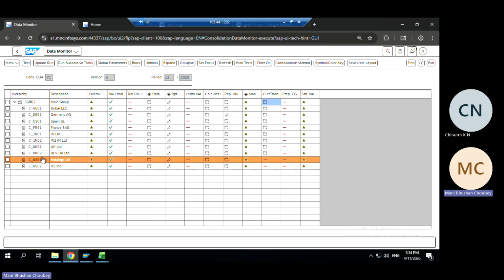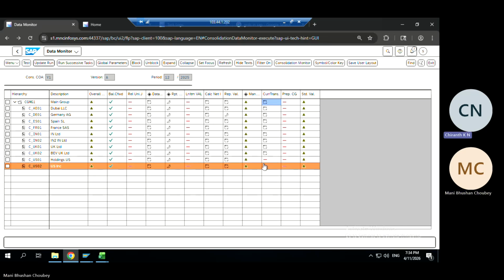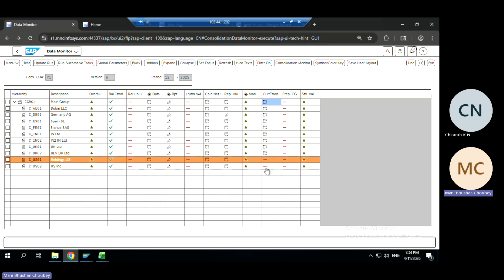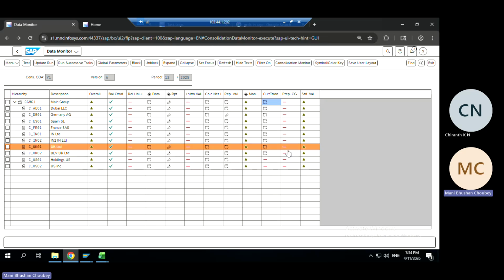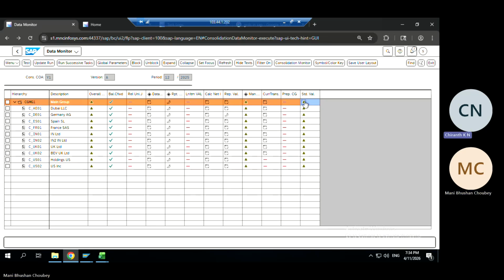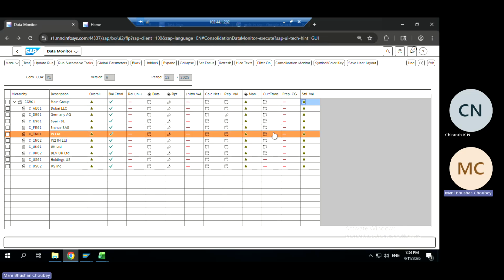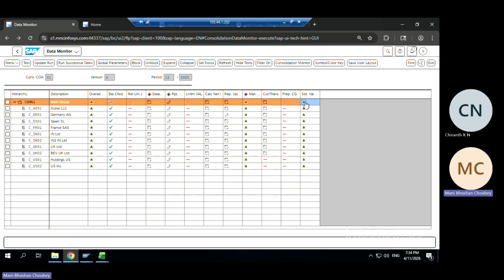These two companies are in the US. So see here, no currency translation happened. It's not needed actually. This sign means not needed. Now we have the translated data in group currency value. So if I just run this step now,